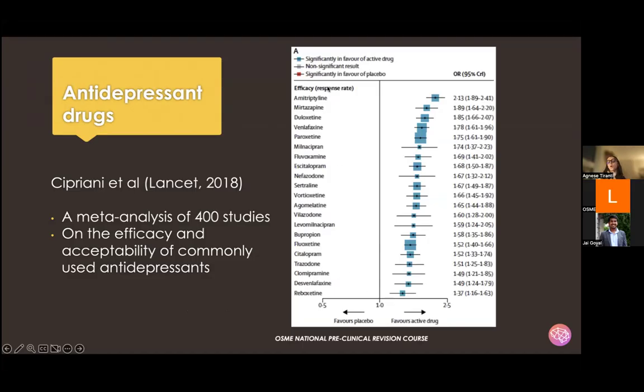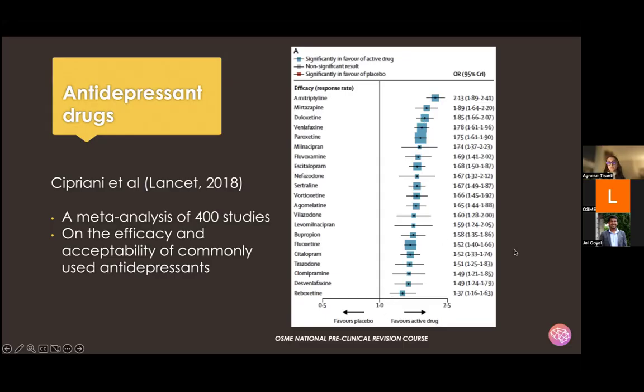So all antidepressants were found to be better than placebo. However, you can see amitriptyline was found to be quite efficacious, whilst reboxetine much less so. Interestingly, as you can see from the size of the square, fluoxetine is one of the most commonly prescribed antidepressants, yet its efficacy is not quite as high as, for example, duloxetine, which is also another commonly prescribed one, although